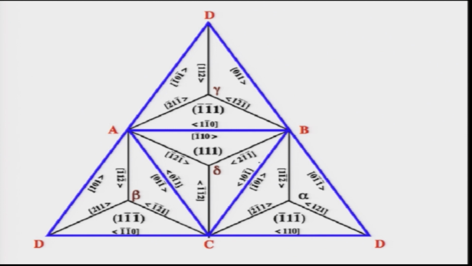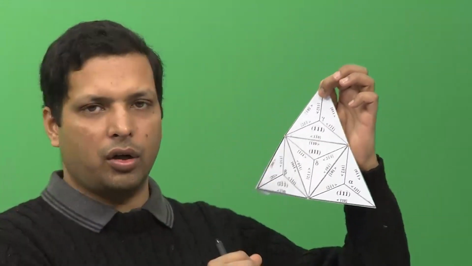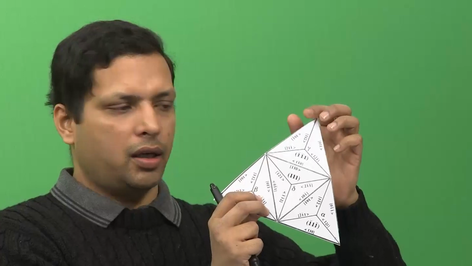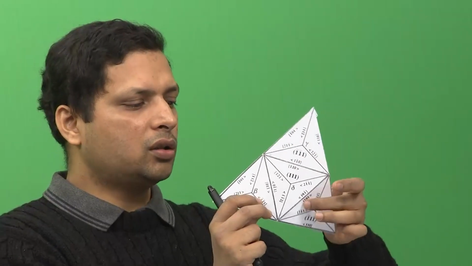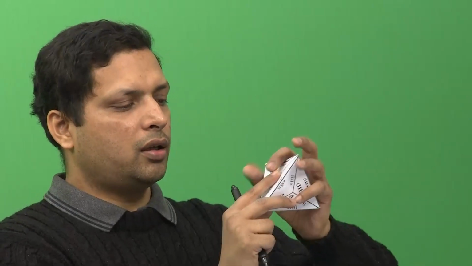And over here now I will show on the screen, you can see this big triangle. Over there are 4 smaller triangles, and here also I am showing on a paper something similar that was printed, and as you can see, it is a big triangle and it has 4 small triangles, and from this you can make the tetrahedron. You just fold it along the smaller triangles that you see over here, and when you connect it back you get the tetrahedron. So this triangle and the tetrahedron are not different, it is just the 2D version of the tetrahedron, and we will come to more information about it later on.